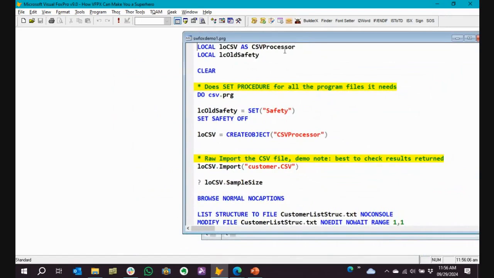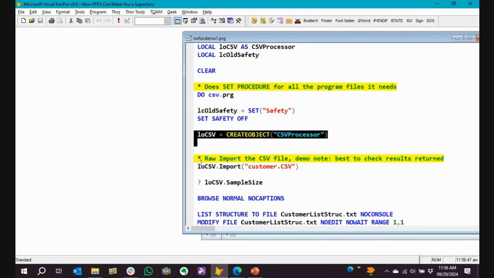Let's see what I got here. All right. Very easy to work with. Create an object on CSV processor. By the way, CSV processor has dependencies on other projects. Okay, they're documented in the white paper, but you do not just install CSV processor. You have to go get some other projects and drop that code in the same folder. Okay, so in this case, I do CSV processor, create the object. Oh, one other thing. You have to do CSV PRG. That does all the things to set up all the pathing and the procedures and whatnot.